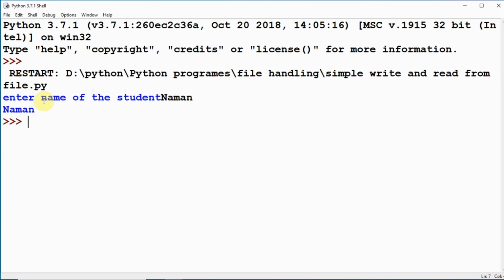Here we have entered a student name, Naman, and Naman is printed on the screen. Now let's see where our file is created in our system.